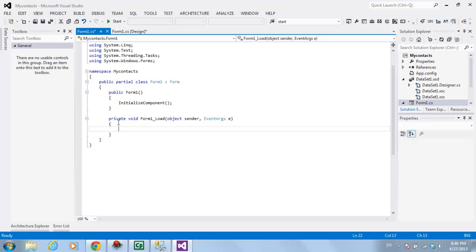And it gives me a function, private void Form1_Load. It means every time my form loads, this function will be executed. That's simple. So I just need to write SqlDataAdapter1.Fill